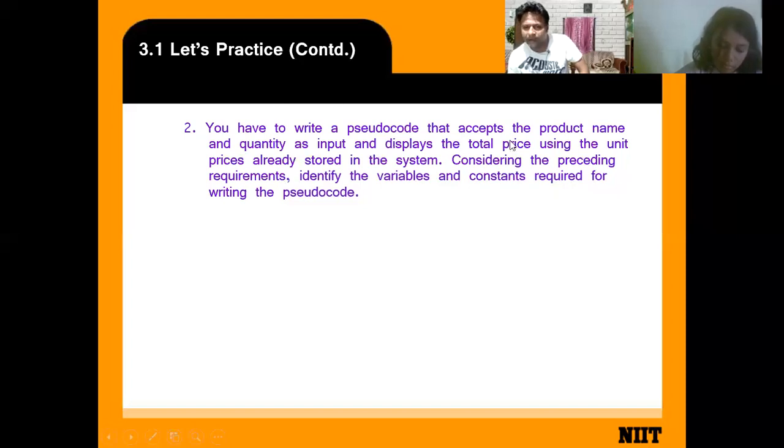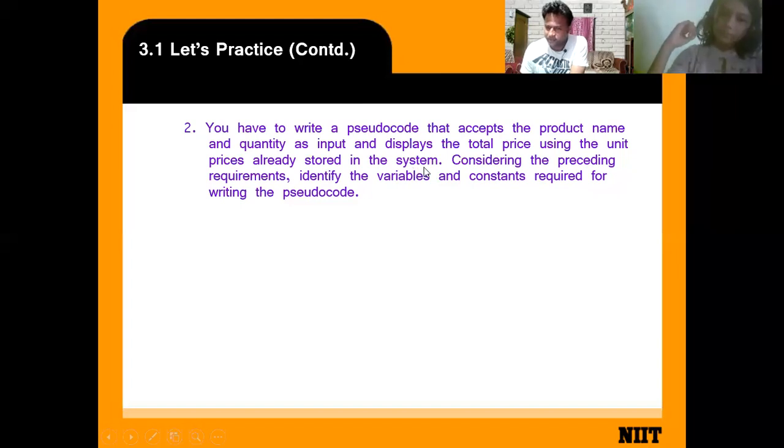You have to write a pseudocode that accepts the product name and quantity as input and displays the total price using unit price already stored in the system. Okay.